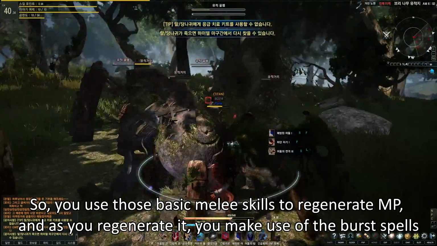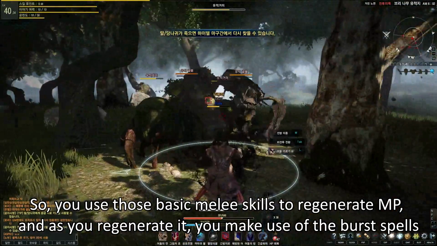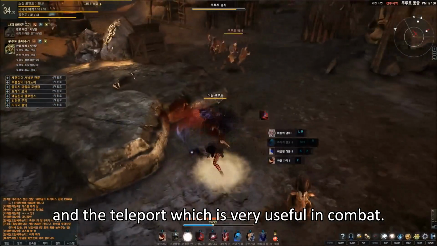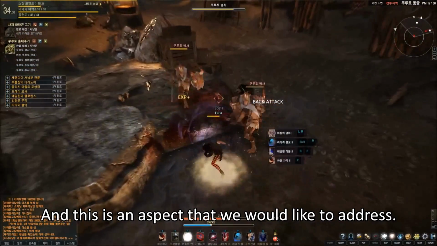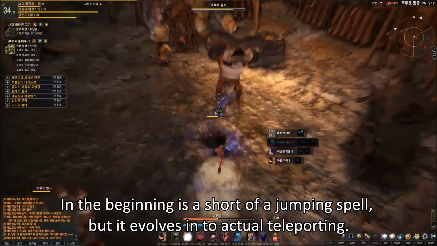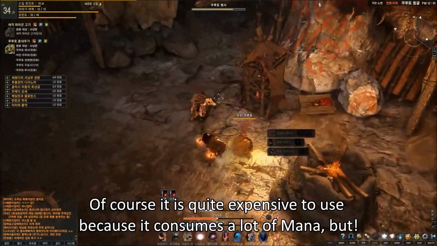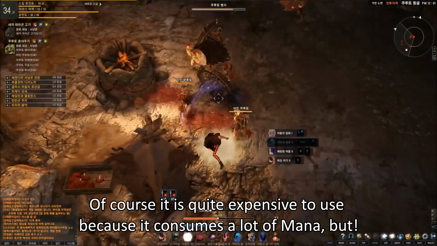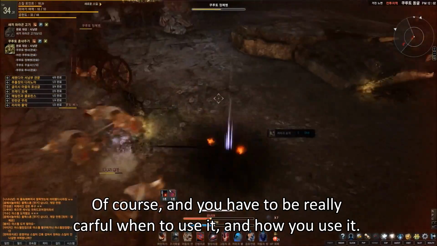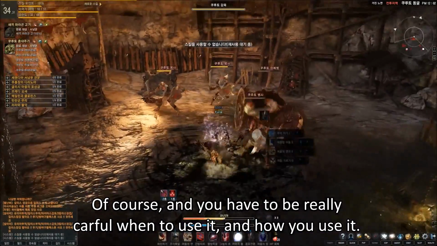So you use those basic melee skills to regenerate MP, and as you regenerate it, you make use of the burst spells and of the teleport, which is very useful in combat. And this is an aspect we really would like to address. In the beginning, it is sort of a jumping spell, but it evolves into actual teleporting. Of course, it is quite expensive to use because it consumes a lot of mana, but that might save your life. Of course, and you have to be really careful when to use it and how you use it, because